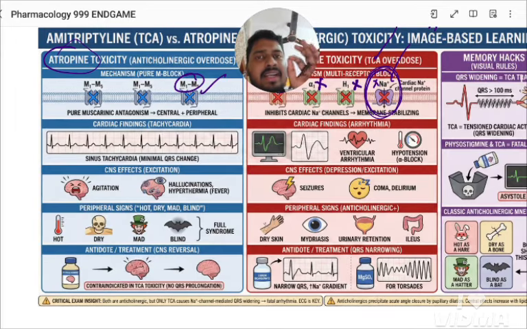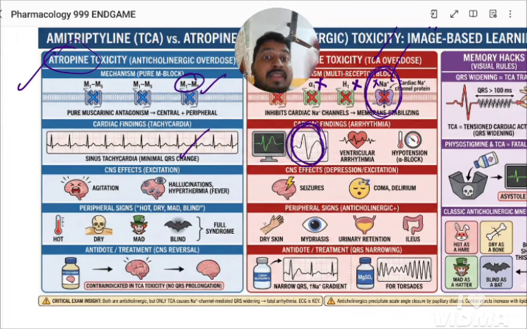Next, a very important finding, not clinical, actually it is an investigative finding, which helps you to differentiate, is ECG. In atropine toxicity, I told you what happens. The sympathetic effect, that is tachycardia, happens. Nothing happens to the QRS complex. They are normal QRS complex. They may be narrow QRS complex because of tachycardia. But what happens in TCA toxicity? It will cause a wide QRS complex. This wide QRS complex is the hallmark to differentiate between atropine and